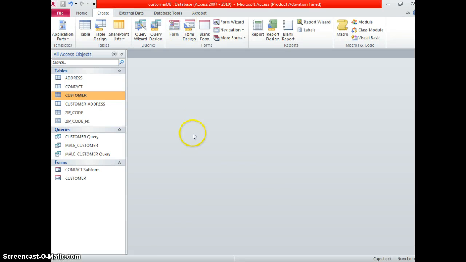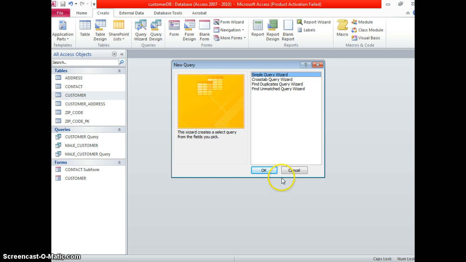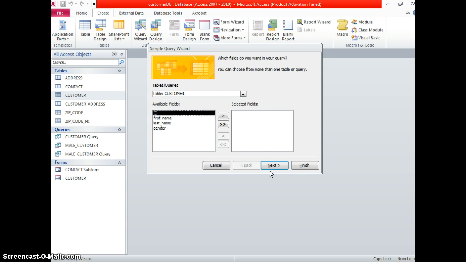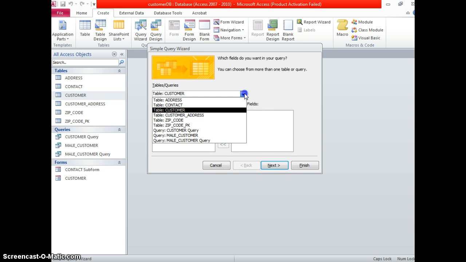We want to learn how to query the database to answer questions. The purpose of the database is, for example, that I want to show the list of female customers. So I'm going to go to Create, Query Wizard, Simple Query Wizard, and of course the table I need to look at for the genders is customer. So I pick the customer table,